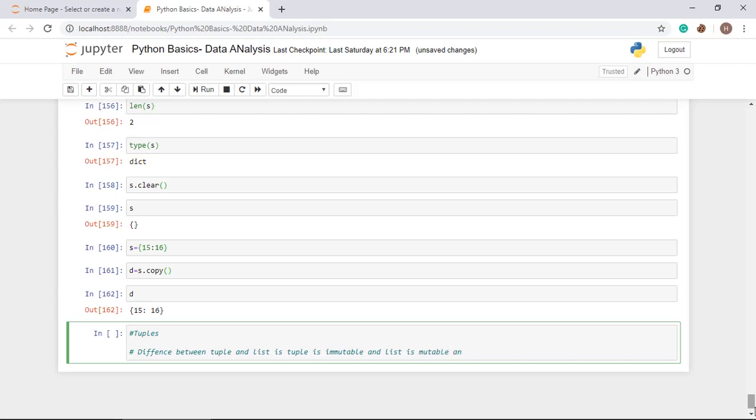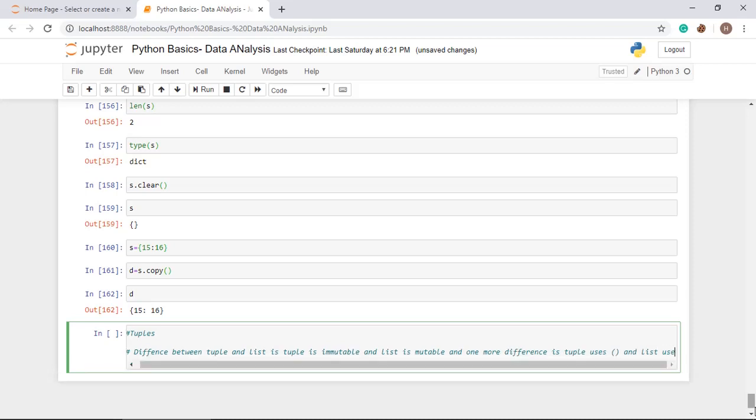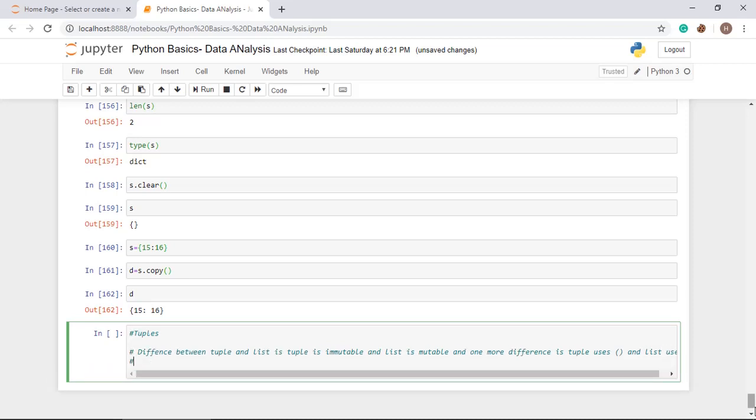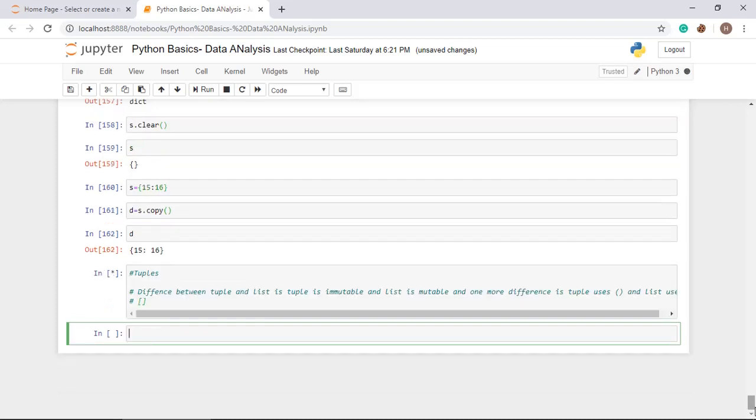One more difference is that a tuple uses parentheses and a list uses what? Square brackets. This is the only other difference between tuples and lists. A value of a list can be changed, but in a tuple you cannot change the value.